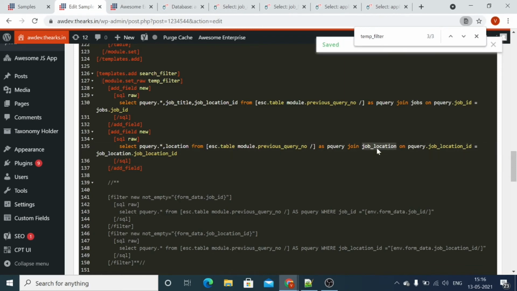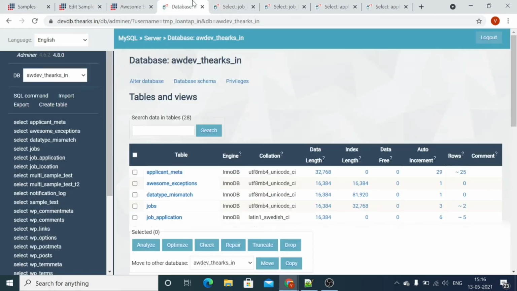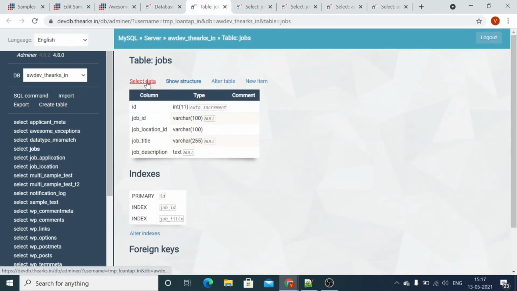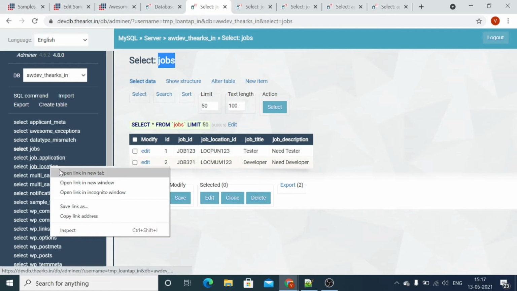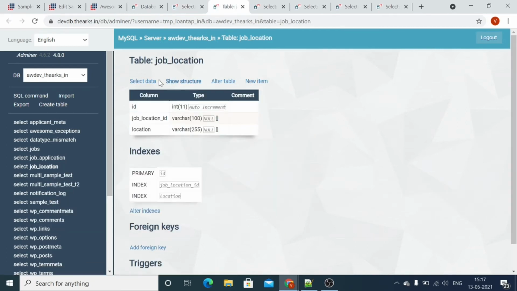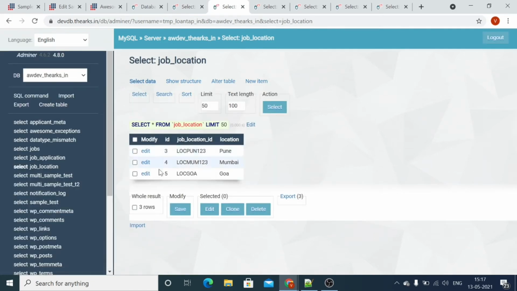So job location is stored in the job location master table, and all the job related information, that is job title and the job description, is stored in the job. So to get the data of the job, we will join the job, and to get the data from job location, we will join the job location.